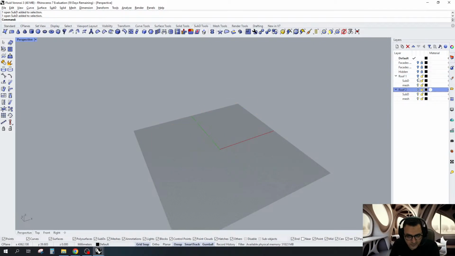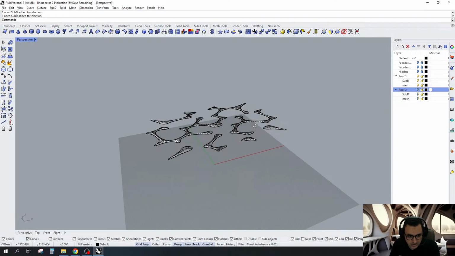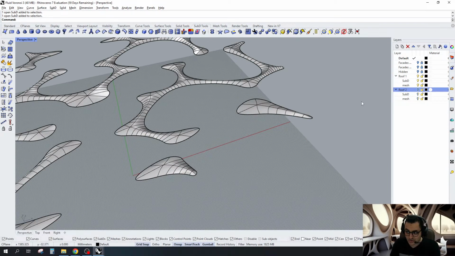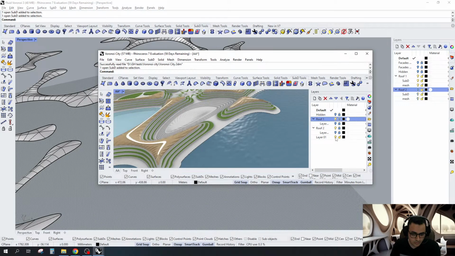So now I should have this is roof 1 and this is roof 2. That's exactly what I need. So roof 2 will be hidden for a second, and let's work on roof 1. So I want to create these. Where are they? I want to create